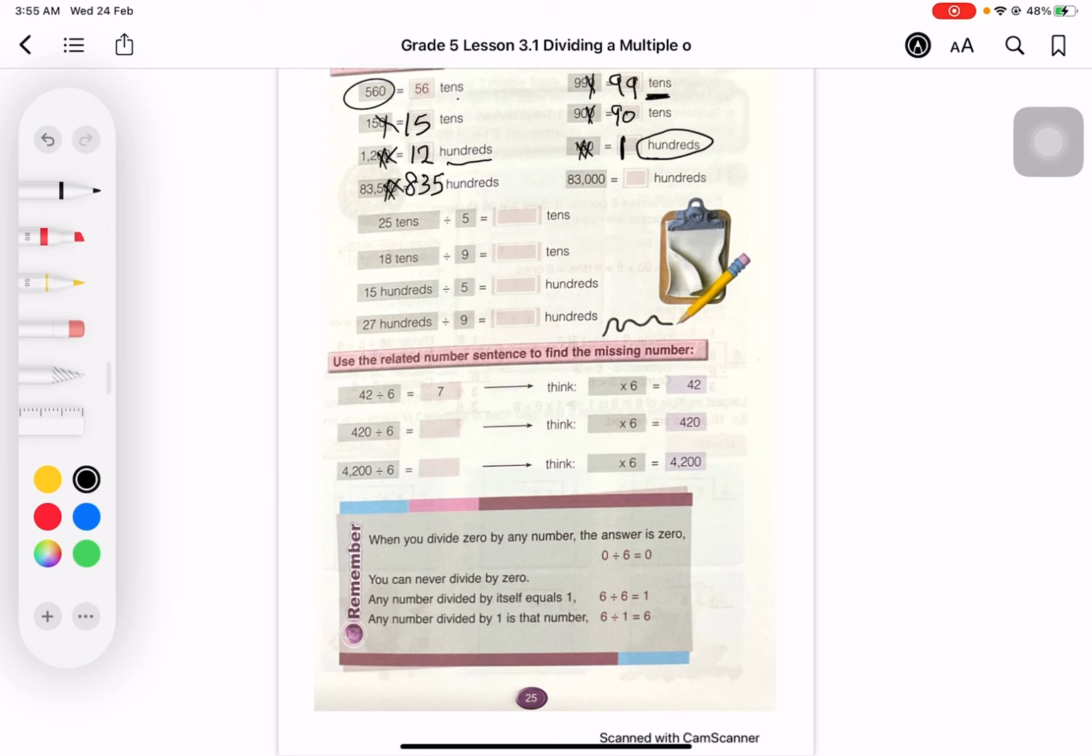Now here hundreds, I will cross how many zeros? Only 2 zeros. So my number will be 830, 830 hundreds. If you cross the hundreds, you should give your number again the 2 zeros. Okay? Now,